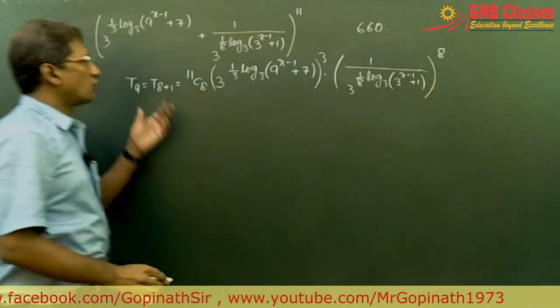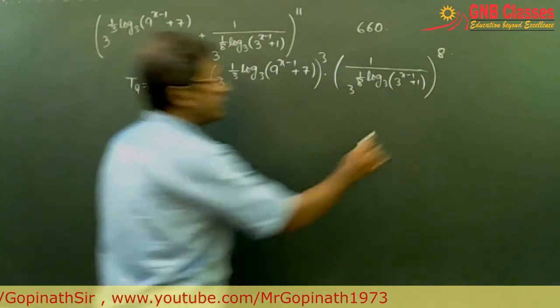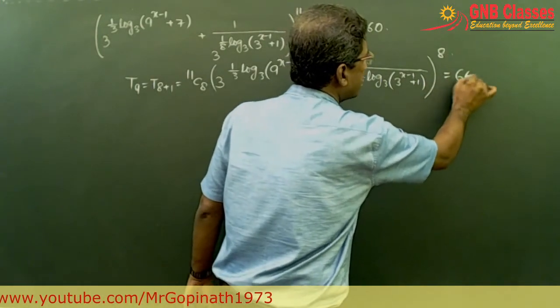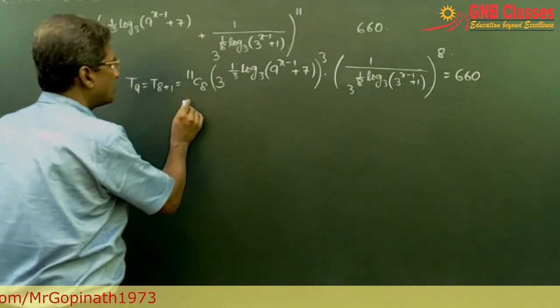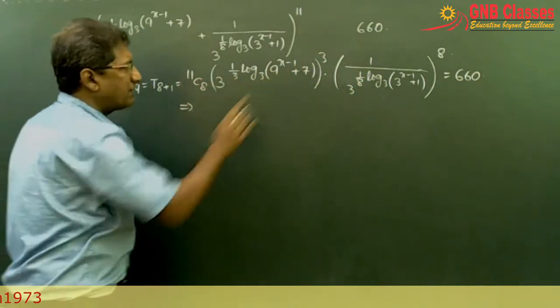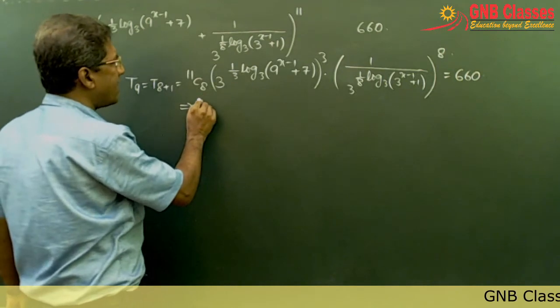So this is our ninth term, which is given as 660. Okay? Now let me just simplify this term. 11C8 can be written as